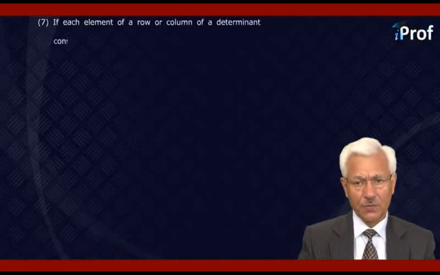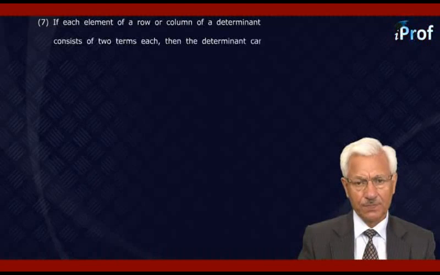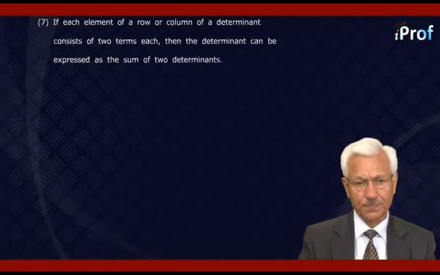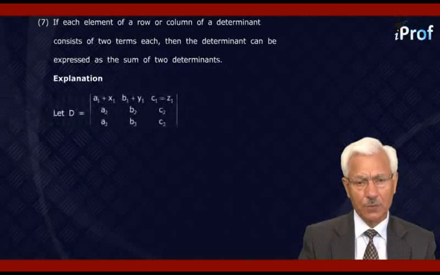Property: if each element of a row or a column of a determinant consists of two terms each, then the determinant can be expressed as the sum of two determinants. To explain this, let D equal the determinant with first row a1 plus x1, b1 plus y1, c1 plus z1,